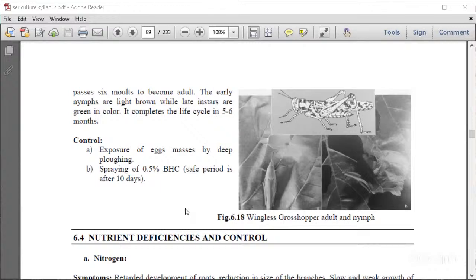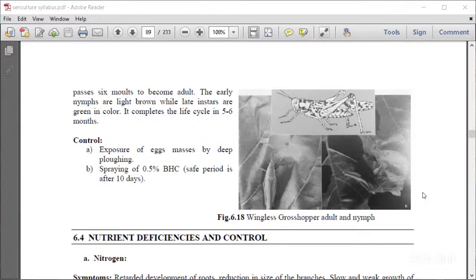As we already discussed, NPK, nitrogen, phosphorus, and potassium, calcium, sulfur, zinc. All these are the major elements which play a major role for the healthy growth of the mulberry plants. So what if the plant has a deficiency of any nutrient? First, coming to nitrogen,